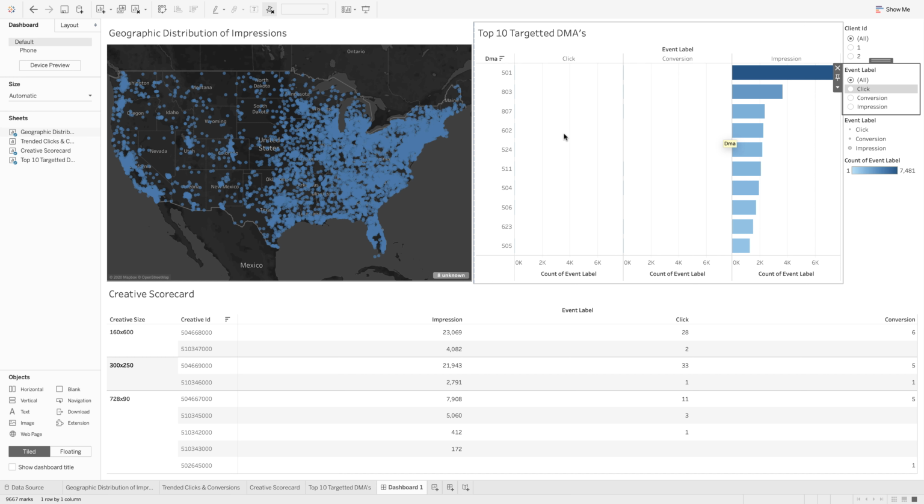So if you remember, we left this geo map completely unfiltered, so it was showing impressions, clicks, and conversions. Here, we tried to get fancy and isolate just the impressions and get rid of the conversions and clicks. Tableau doesn't like that when we start trying to cross-apply filters. So the way to fix this is, first go to your